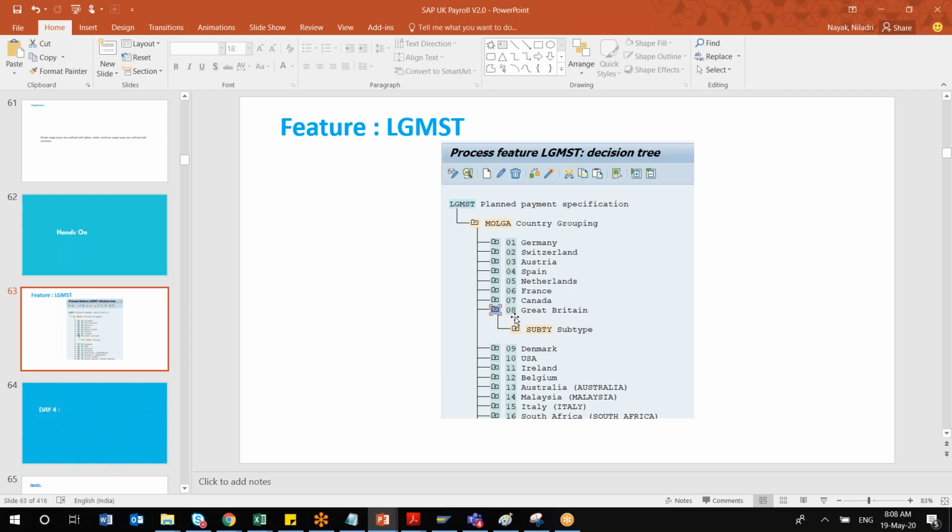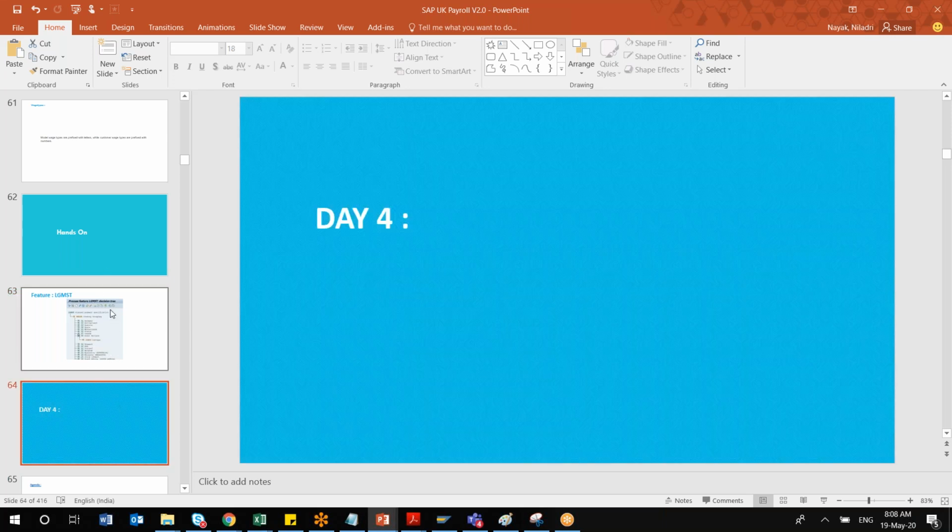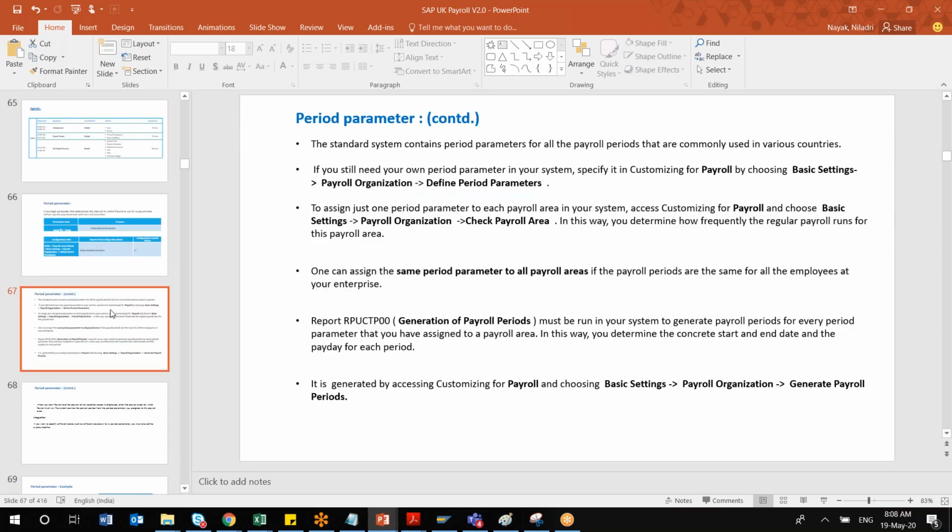Similarly, for US, it is 10. For Canada, it is 07. For India, it is 40. For Australia, it is 13. So depending upon that, it is actually controlled. In this way, we will see in the upcoming sessions how these things work. Just today, actually, I'll be giving an